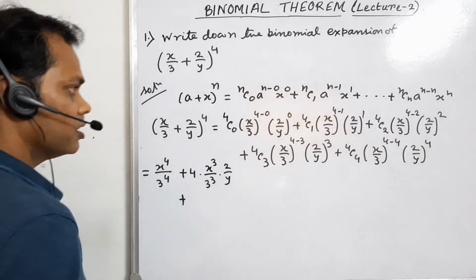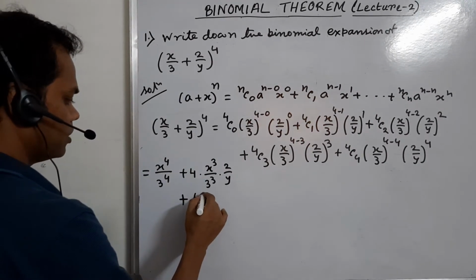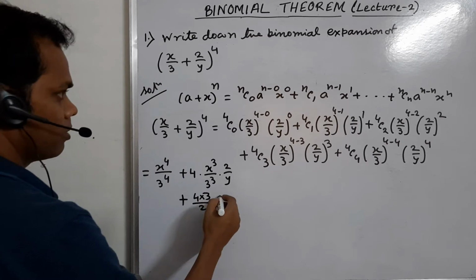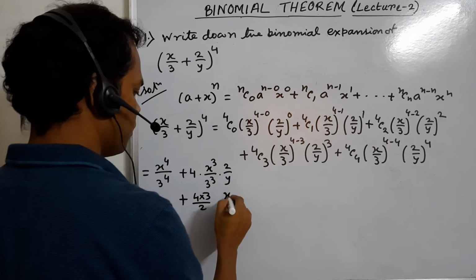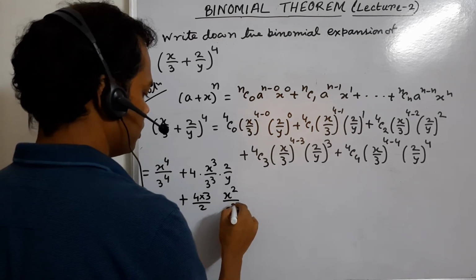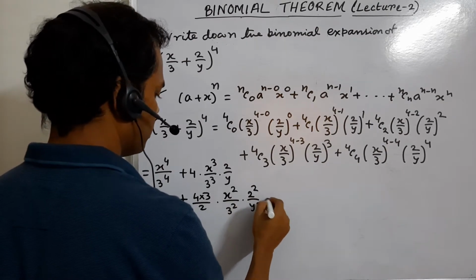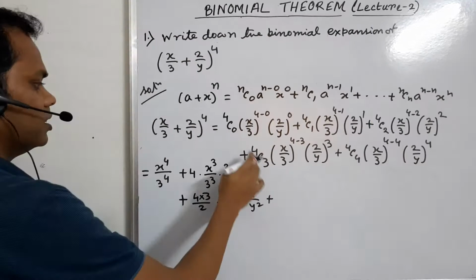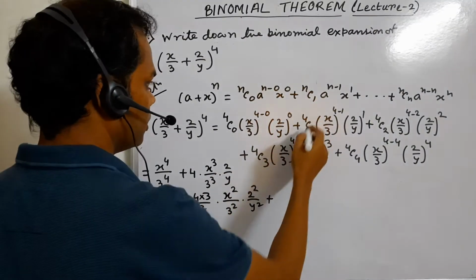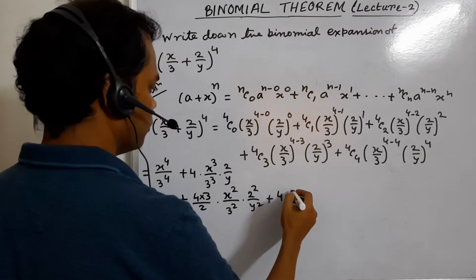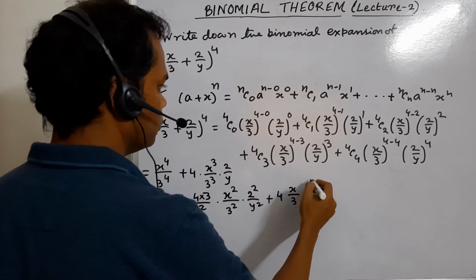4C2 is n into n minus 1 by 2. So 4C2 is 4 into 4 minus 1, that is 3, by 2. Then (x/3) squared, so x squared by 3 squared, into (2/y) squared, so 2 squared by y squared, plus 4C3. We know nCr equals nC(n minus r), so 4C3 equals 4C1, and 4C1 is 4. So 4 into (x/3) to the power 1, so x by 3, into 2 cube